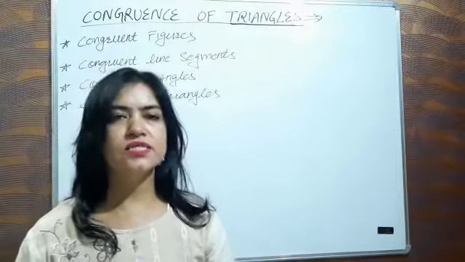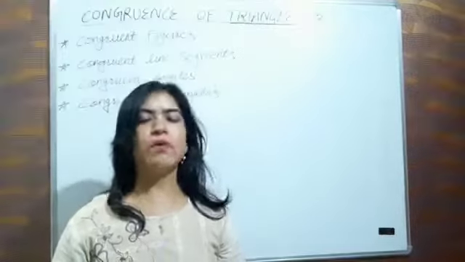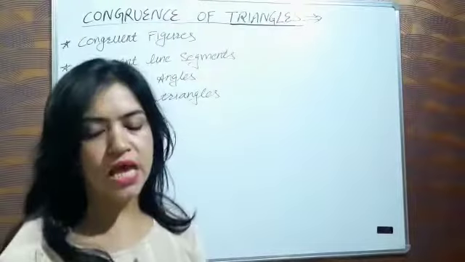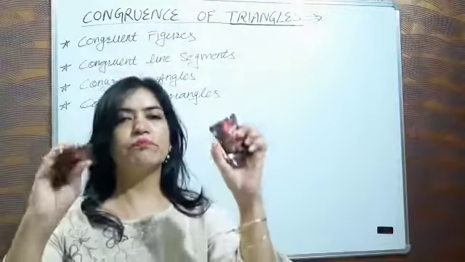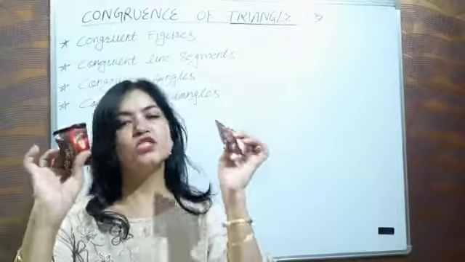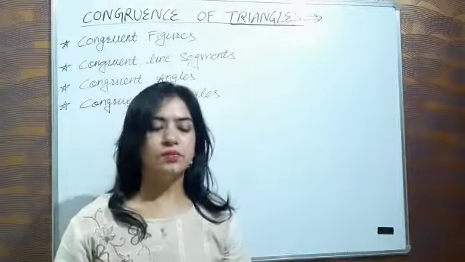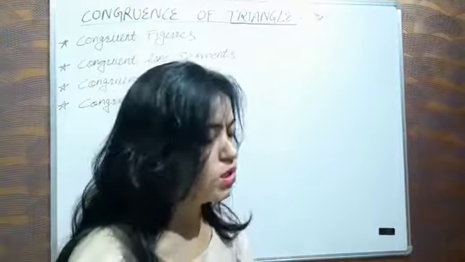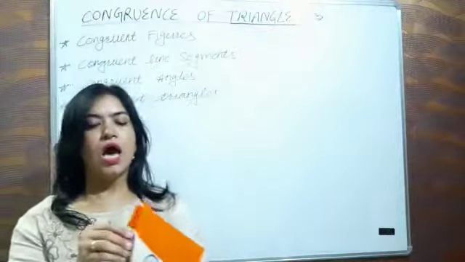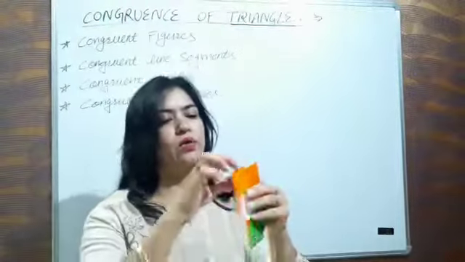The answer is, they have same shape and they have same size. The size of both packets is same, shape of both packets is same. So these are similar. One more thing, if I place one flag over the other